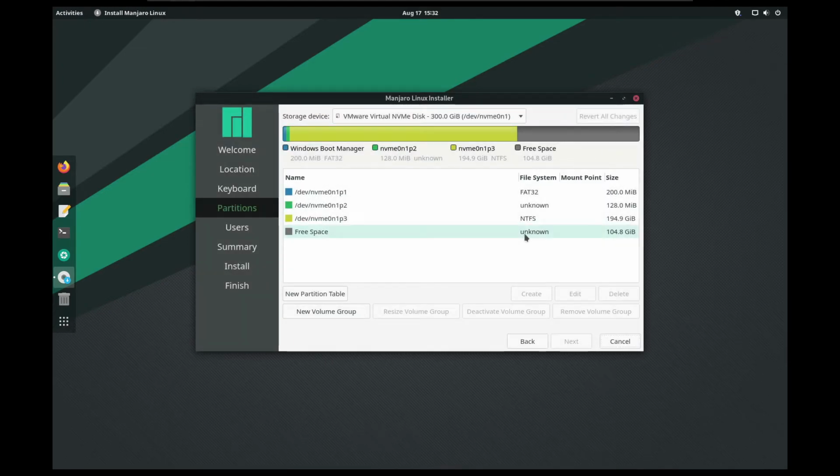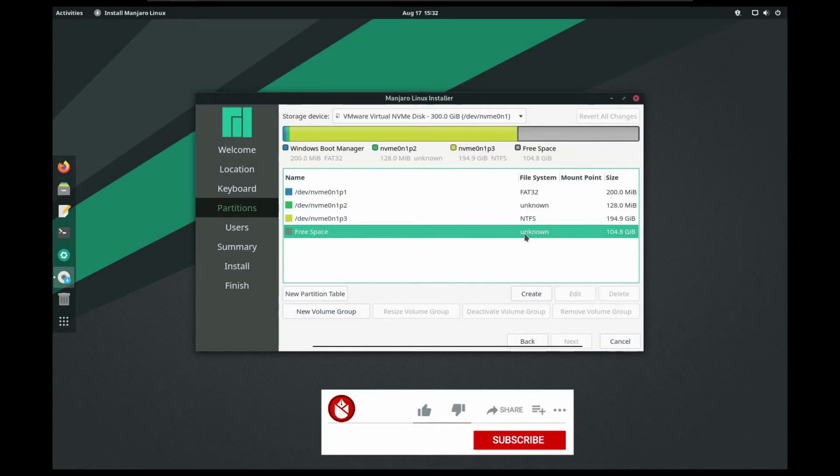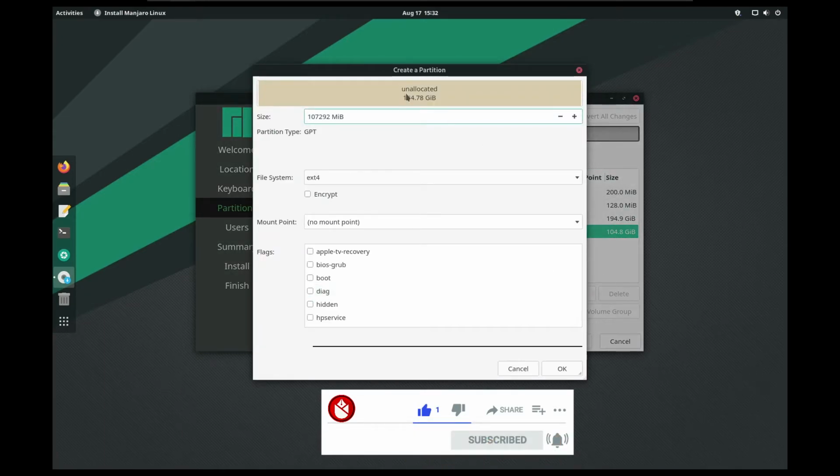Here you should find that free space. We should create three partitions here. The number one is the swap partition, second one is the root partition, and the third one is the home partition. So at first click on create. For the swap, I am giving 5 GB near about.